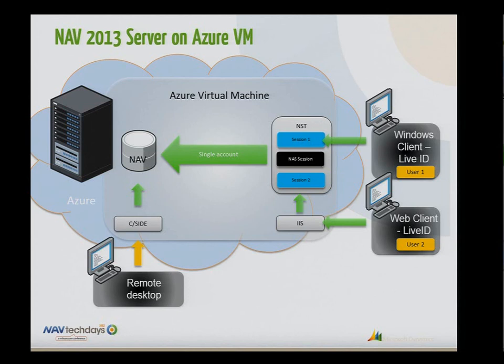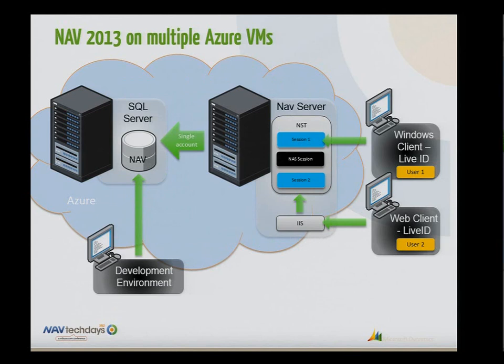Together with that, we'll probably add some scripting to make deployment easier. But the message is that you can start tomorrow. Just remove the word Azure, and then you've basically got what you need to run NAV as a service. And of course, you can also split it up into multiple Azure VMs so that you have the NAV server on one machine, the SQL server on another machine. So you can basically think of Azure as a place where you can get the same kind of configurations as you can on-premise.